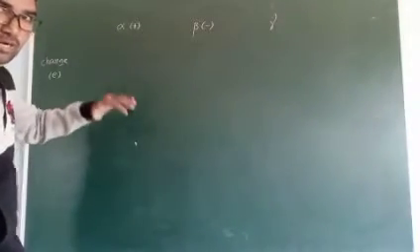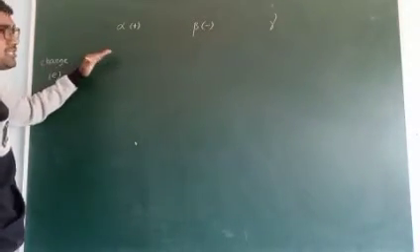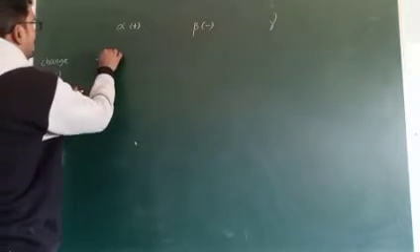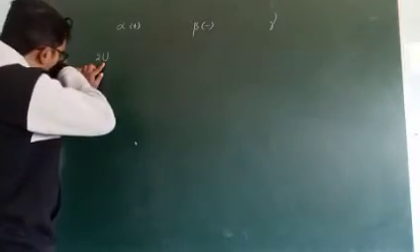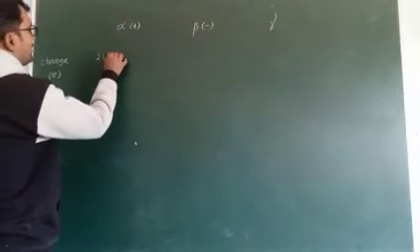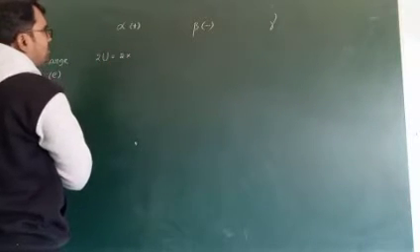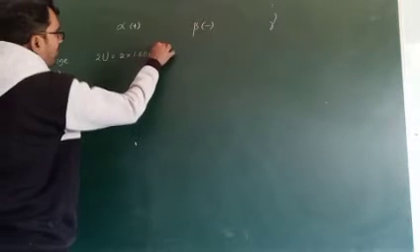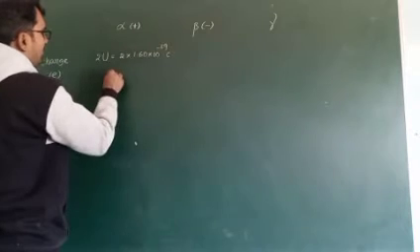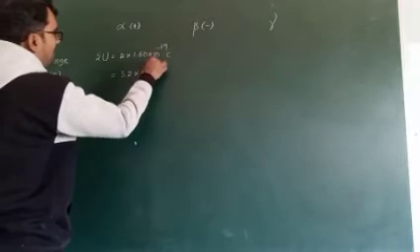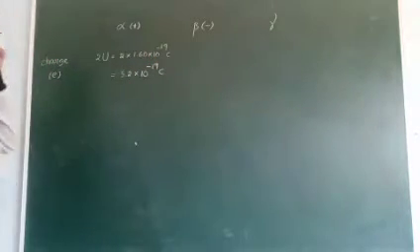Comparing with the proton, the alpha particle's charge is double. Double means simply 2 units, where U means the charge value. So we know that 2 times the proton charge value, plus 1.60 into 10 to the power of minus 19 coulombs, multiplied by 2 gives 3.2 into 10 to the power of minus 19 coulombs.